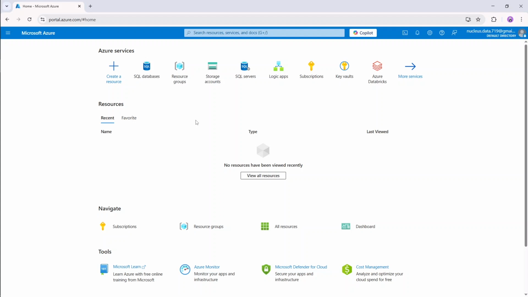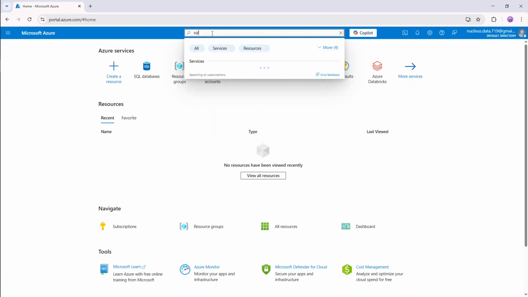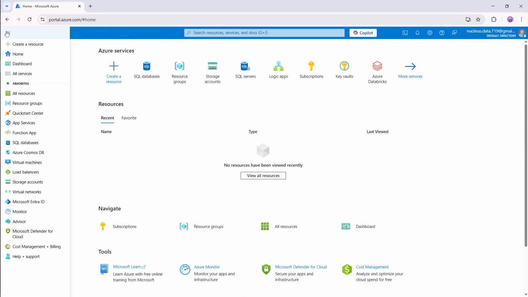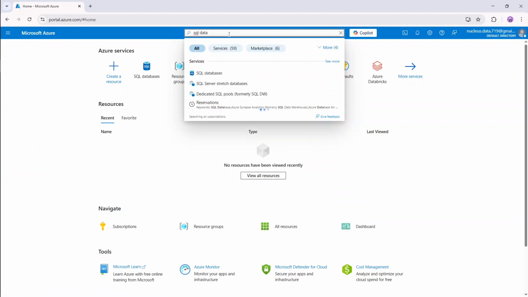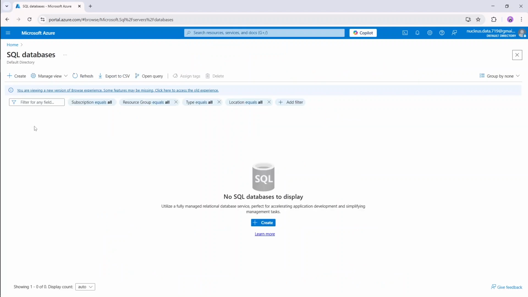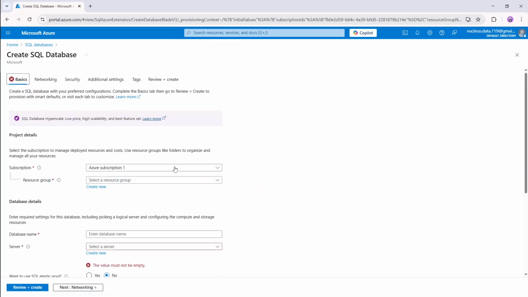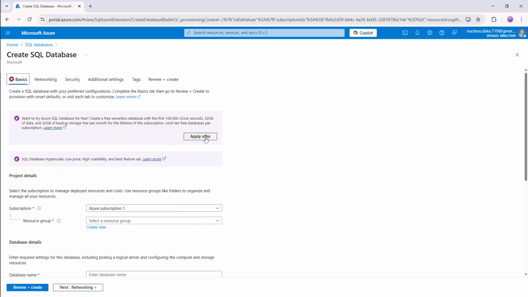I have logged into my Azure portal, and the first thing we will do is create a SQL database. So search here SQL database, or you can simply go to the menu and click here SQL database. Okay, SQL database, and click on create. Okay, and apply this offer,